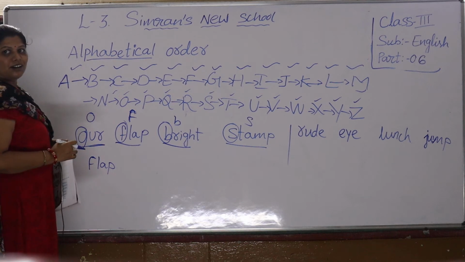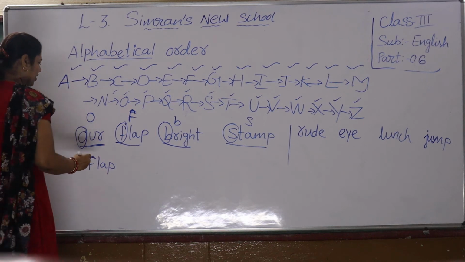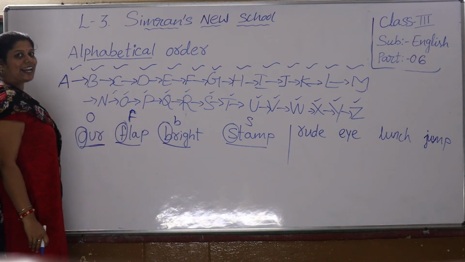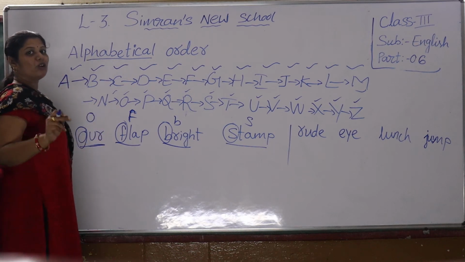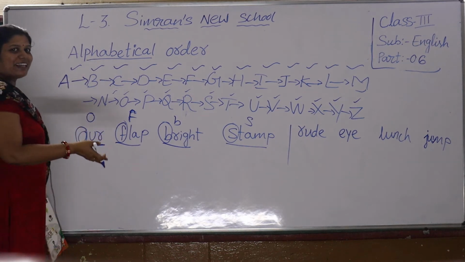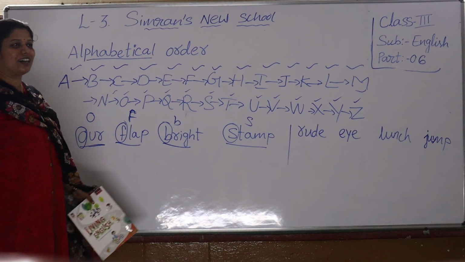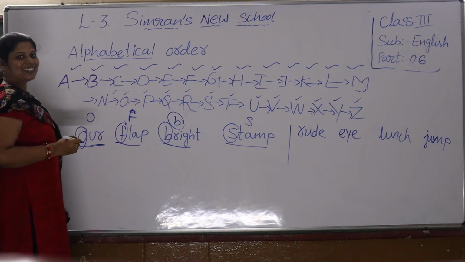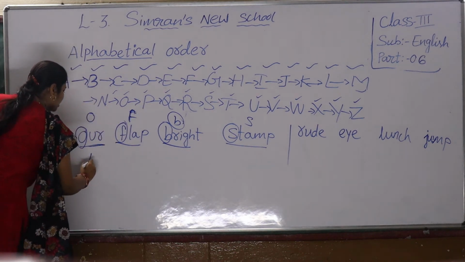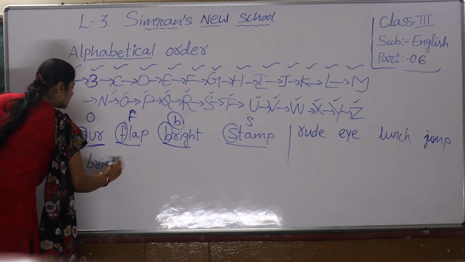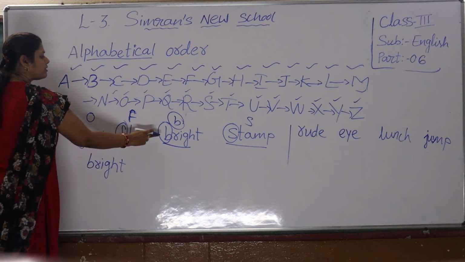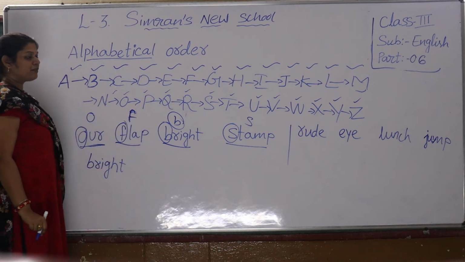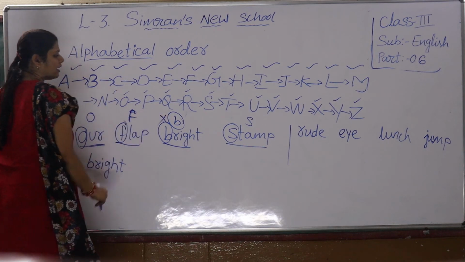Yes? Sure. See, you are not at all concentrating. Wrong. Here B is there, no children? How can you forget like that? Sorry, I forgot. I am thinking I will write and you will say, teacher, wrong. Because in the alphabet we have forgotten B here. Yes or no? So the first word will be bright. Am I right, children? So always we take the first letter of the words. So here B, and this word is done.